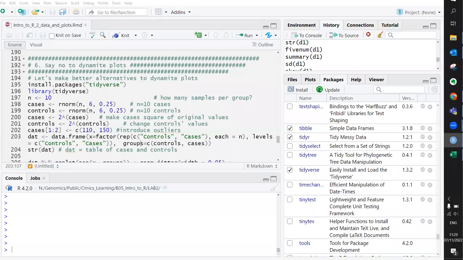Okay, welcome to video 6 in the demonstration videos for our introduction to R. Here we're going to look at better plotting. After video 5, where we did the basic plotting, we're going to say no to these awful dynamite plots and learn how to make better ones using a package